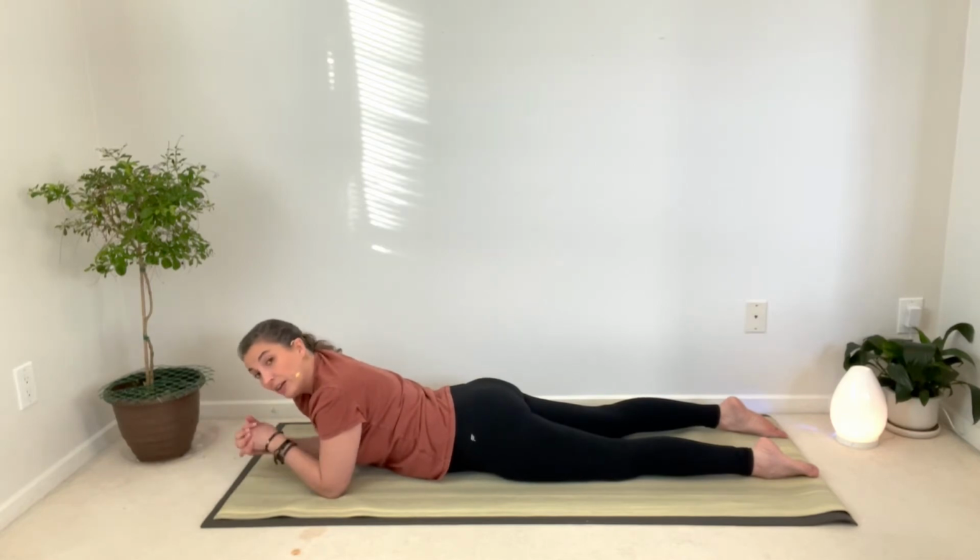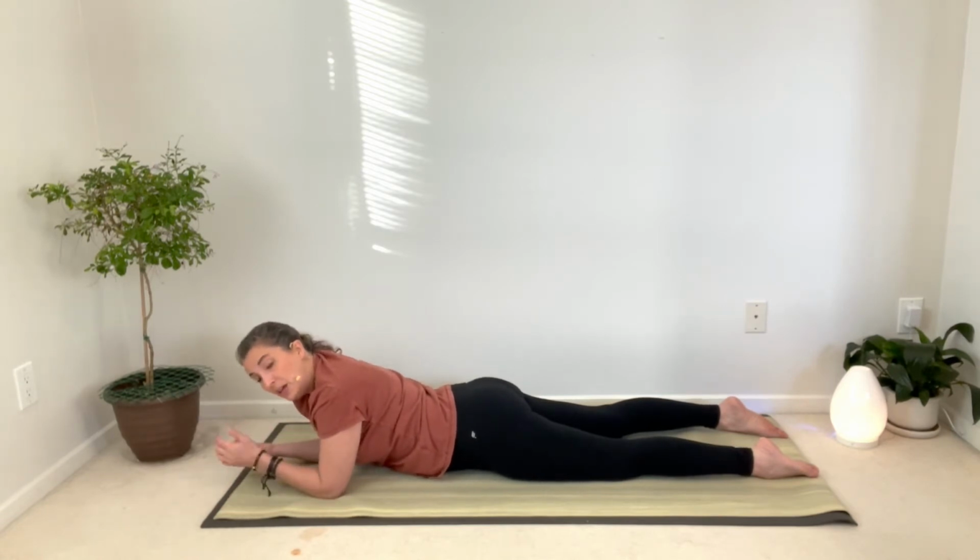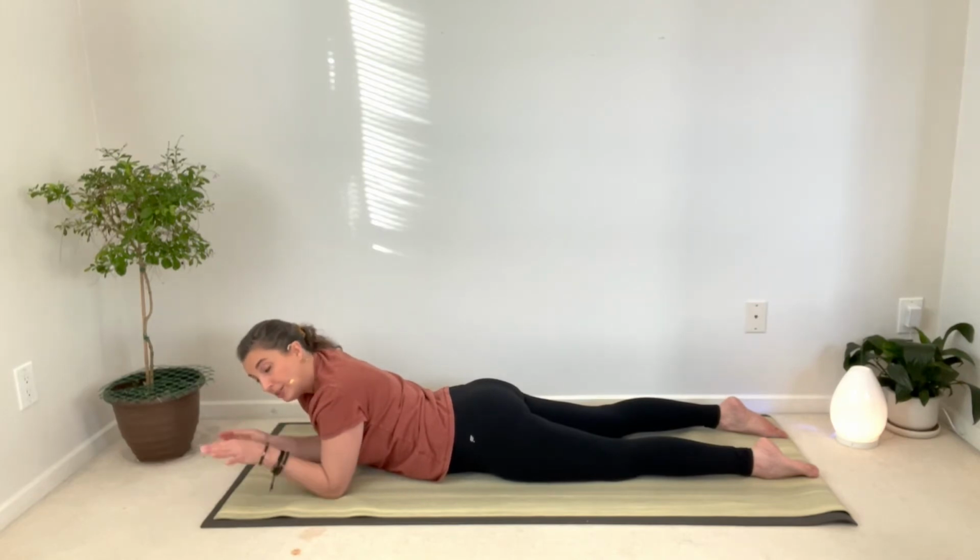Add to that all the upper back tension from hunching over our telephones and our keyboards that causes a lot of issues. So part of the purpose of back bends is to get some healthy movement into the upper back and not simply sinking into the lower back all the time. Okay, our lower backs have gotten way too flexible. They're actually a part of the body that's supposed to be really stable to support our spine, and they've gotten way too malleable. And I know you might say, but mine is really tight. We'll talk about it